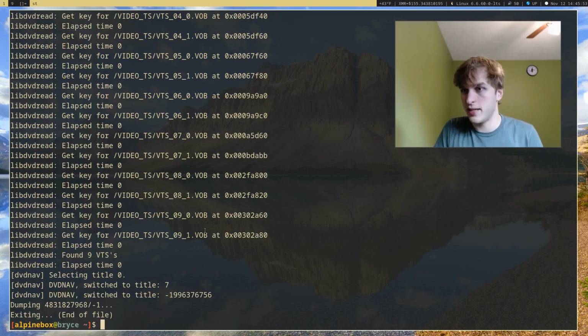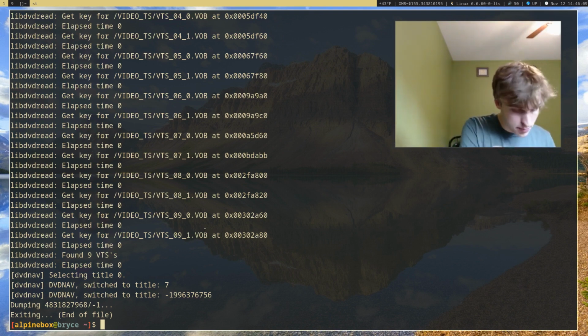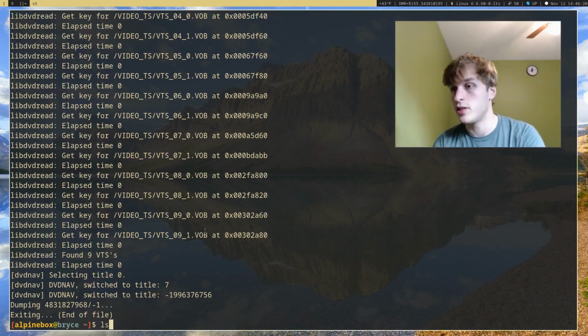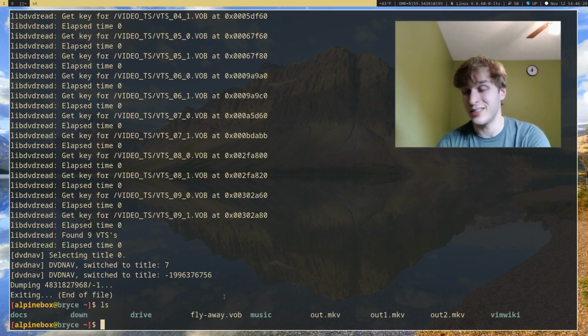Okay, so I went ahead and finished ripping the DVD onto my hard drive, and so I can actually go ahead and just take my DVD out right here and just put it back, and then also unplug my DVD drive. And as you can see, if we go ahead and check what files there are, you can see that there's a new file called flyaway.vob. And we can actually play this file directly. So if we do MPV flyaway and then this file,